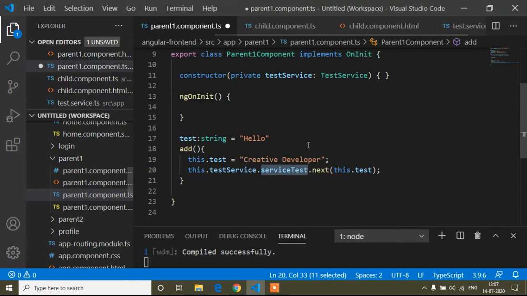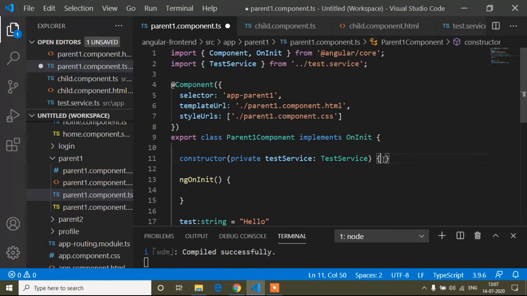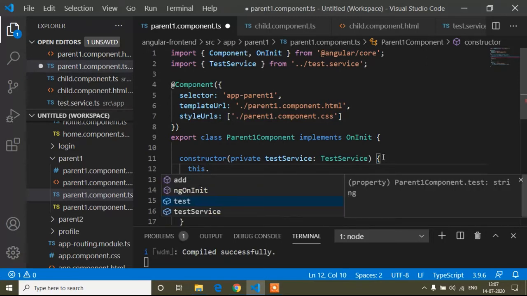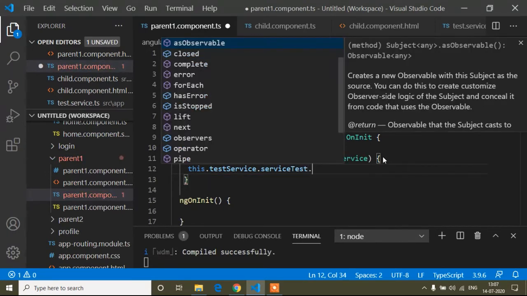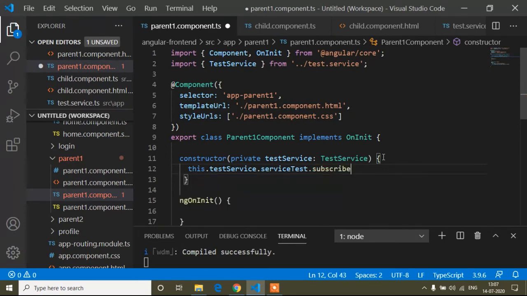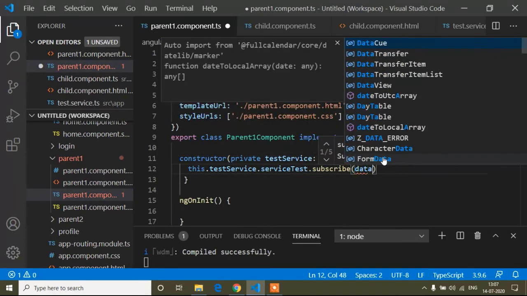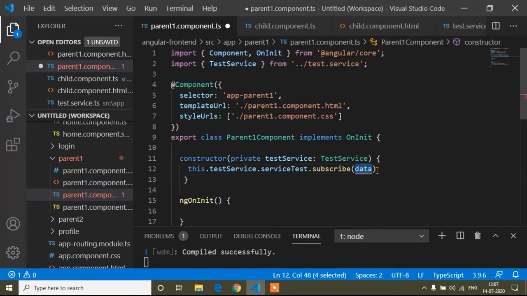So now in our constructor here, if I write this.testService.serviceTest.subscribe and data, you can write anything instead of data, equals to arrow, this is the arrow function of ES6.